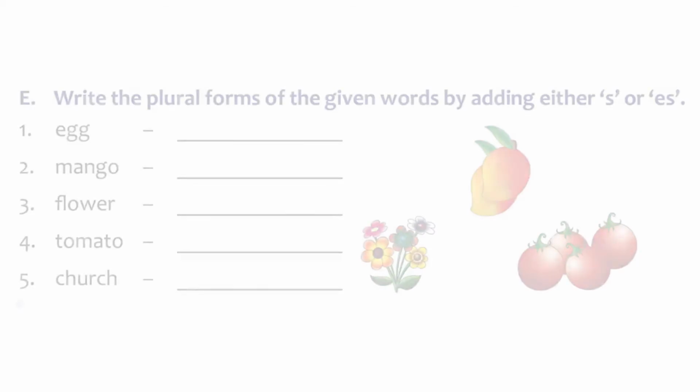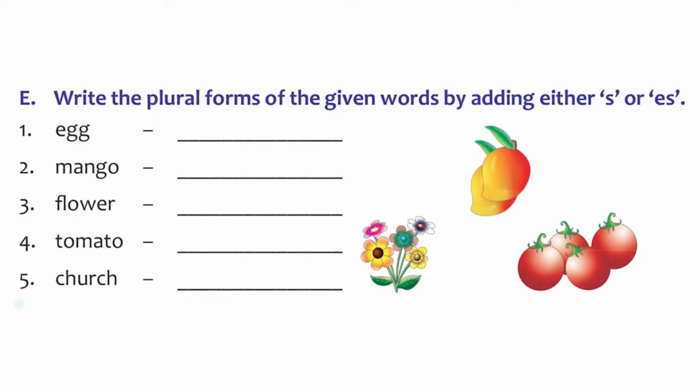Now, let's look at the activity that's given in our book. Let's turn to page number 26. The first word that's given here is egg. We'll try adding S at the end of it. When we write E-G-G-S, we get the word eggs. It becomes the plural form. The second one is mango. But for mango, we need to add ES at the end of it because the word ends with a